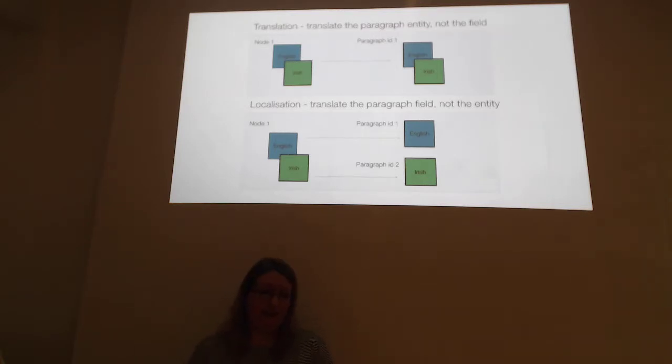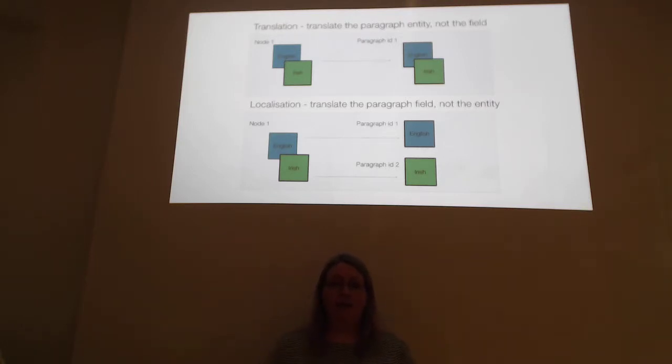But yeah, you do need a patch to do it, and you have to be comfortable using that patch. One thing I will say, with the patch, you can then uncheck the bundle at the top, and you can just translate the paragraph field. That will give you a different paragraph entity related to your node. So each language will be a separate independent entity from the other paragraph entities.